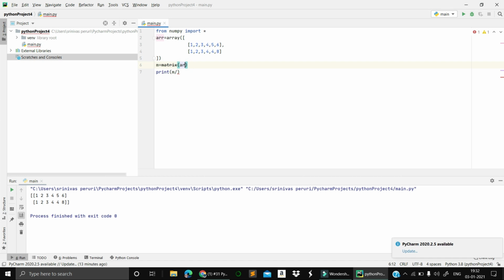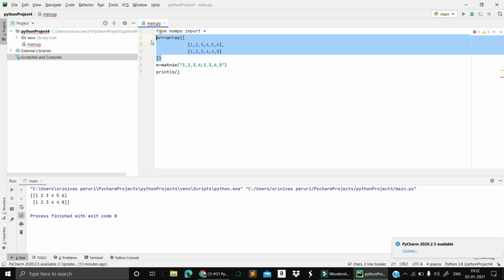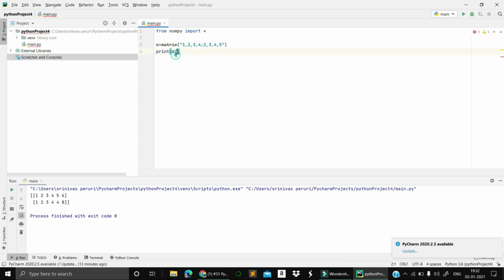I have a user input. So let's say I have a user input 1 comma 2 comma 3 comma 4. To differentiate row and column you need to put a semicolon, then 3 comma 2 comma 4 comma 5. Okay, so you can remove all these extra things to avoid confusion and also save memory. If you write a little bit less, we get the same thing, right? If you want to differentiate a row and column you need to give a semicolon. So I need to create a 2 cross 4 matrix.